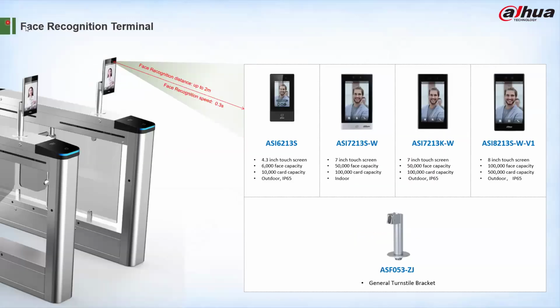So this is the face recognition terminal with the face recognition devices. In this case, these end up recognizing your faces a lot quicker and create an opening for you to pass through. So the recommended products, we can recommend the 6213S, 7213SW, we have 7213KW, and